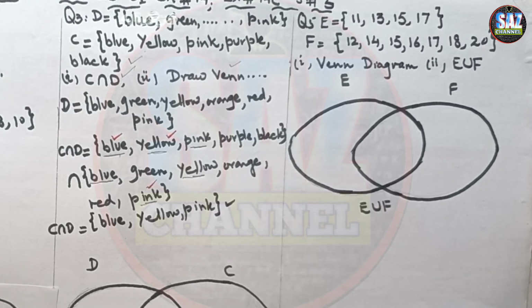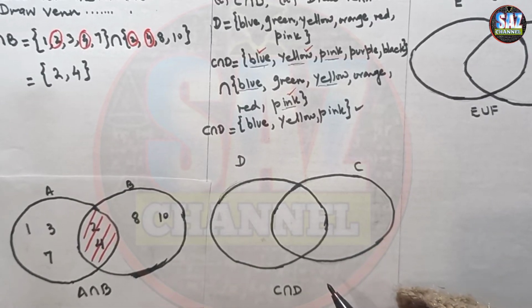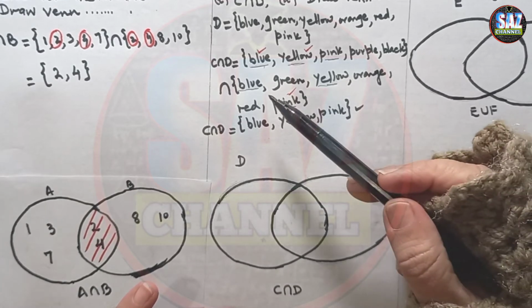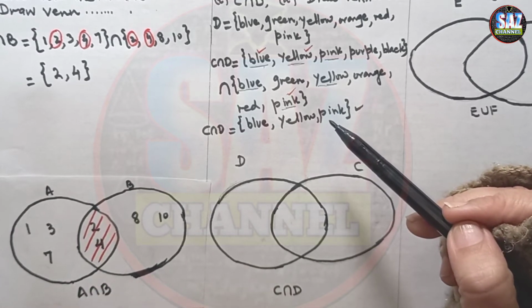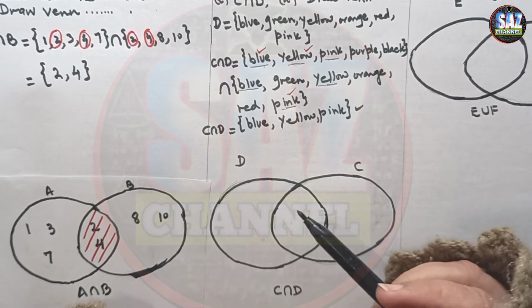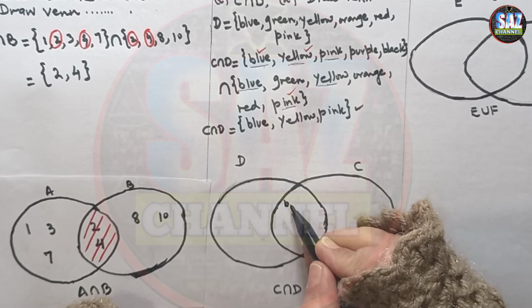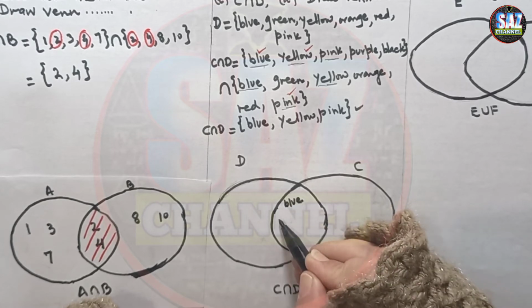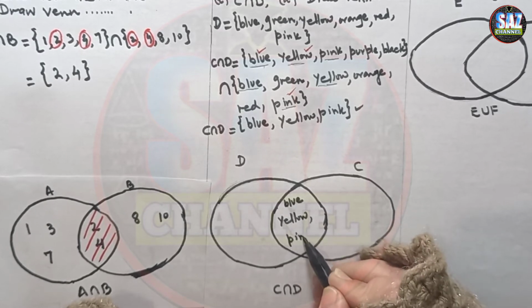And now, coming to that, we have to represent this information on a Venn diagram. First of all, we have to decide what the relationship between the sets is. It's really important to draw the Venn diagram according to the situation. We can see that both the sets have some elements or colors the same, but the rest are different. So this is the situation of overlapping sets. The common colors, blue, yellow, and pink, will be coming on the overlapping portion.